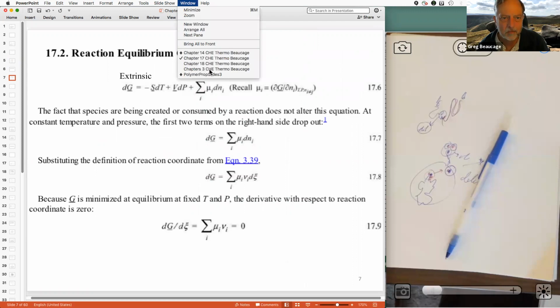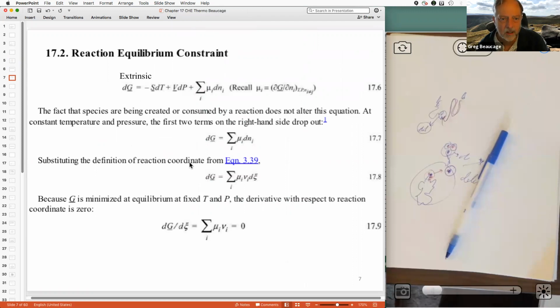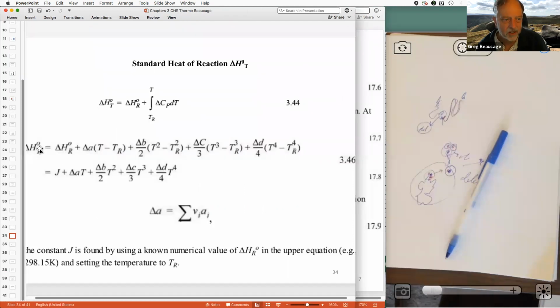We had this business of calculating the heat of reaction with this J constant. So we have a heat of reaction. We know how to get it using the heat capacity for each of the components, and then the J thing. So how do you relate that to this Gibbs energy of reaction